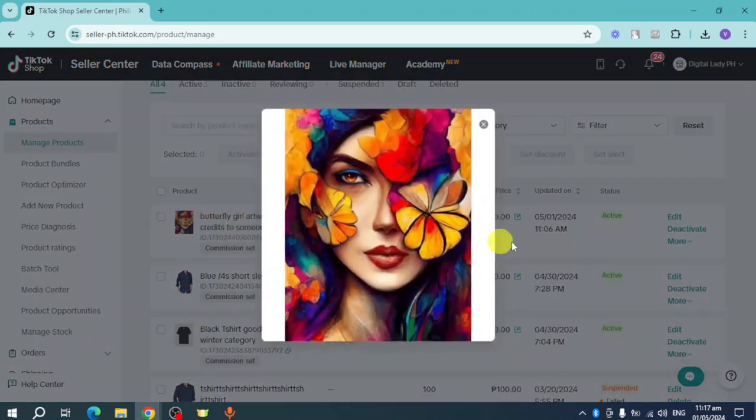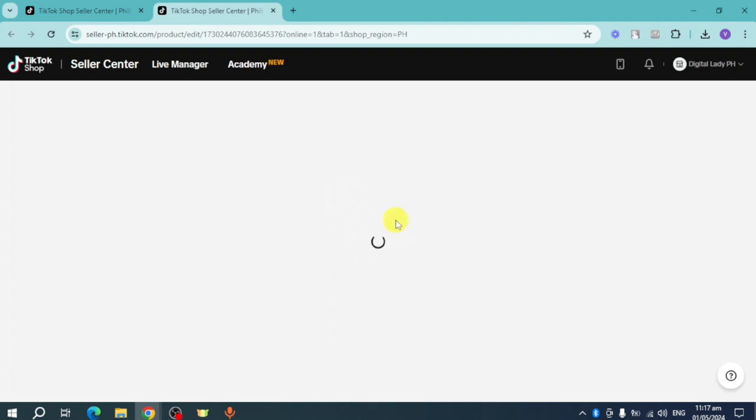And then once you have clicked on this particular product, you should be able to see this. So click on this edit option right here in order to edit it. Now this will open a new tab which will show you the product page wherein you can edit it. So let's just wait for this to load, and once it's done loading, we should be able